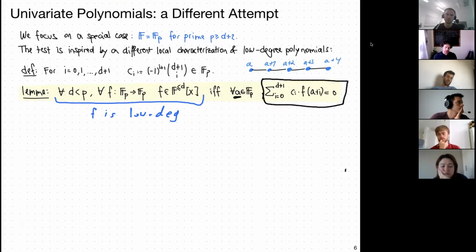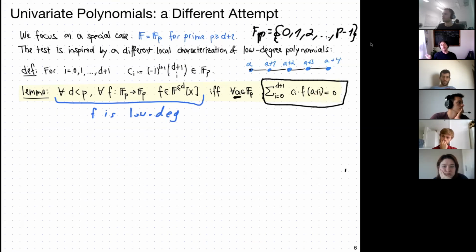So, just to demystify it, F_p is nothing more than the values 0, 1, 2, until p minus 1. And so we can start at any point, 0, 2, 7, 14, whatever we want, and look at all of the subsequent values. So, we can start at 7, and then we look at 7, 8, 9, 10, and 11. And we just look at the evaluation of the function on these